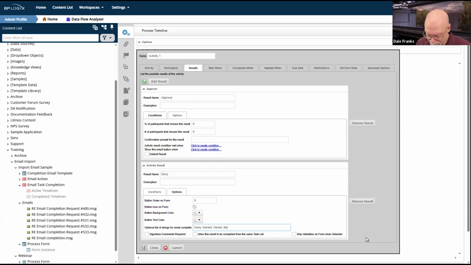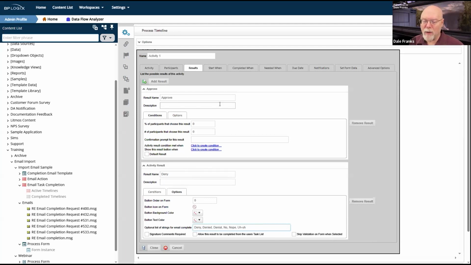Denial. No. Nope. Whatever we want to put there, we can put there. And as long as one of these strings exists in the emails, it will now set this to deny.